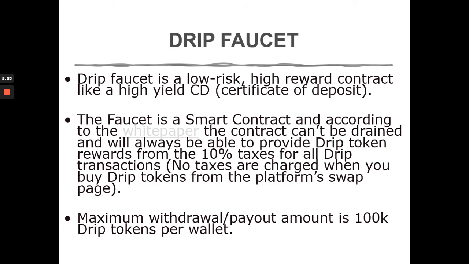So Drip Faucet is a low risk, high reward contract. It's a smart contract. It's like a high yield CD, like a certificate of deposit where it pays you a fixed amount, which is 1% for the Drip Faucet per day. And now, according to their white paper, which I also suggest, what I do is read the